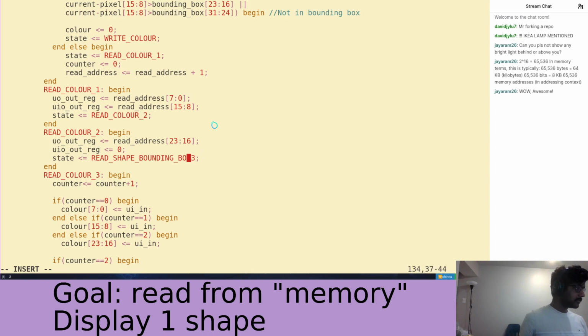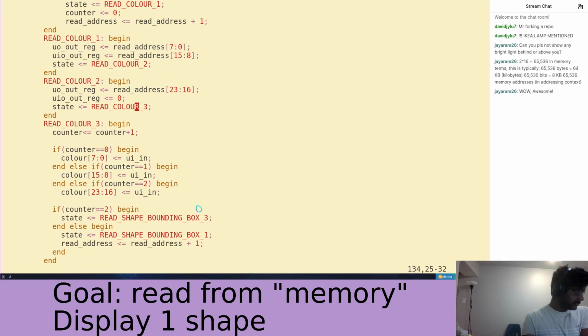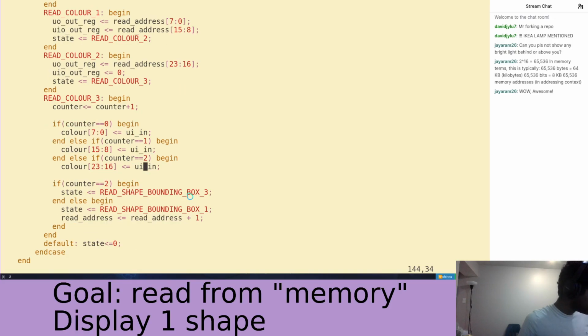Then next one, read color, cool. Increment 2, and then we edit the R, the G, and the B. Otherwise, if we didn't finish all of these, we go back to read color, and if we did, we go to